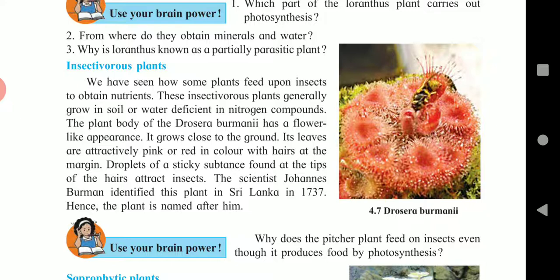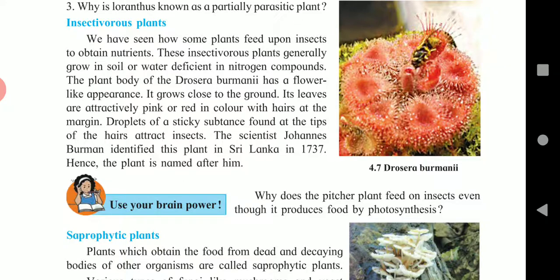Now, see the pitcher plant. The pitcher plant secretes a kind of secretion at the bottom of the pitcher which resembles and smells like honey. The insect gets attracted by the lid and the honey-like secretion. It alights at the mouth of the pitcher, slips and falls into the secretion. So the insect gets trapped inside the pitcher. The enzymes present in the secretion digest nitrogenous material, which is then absorbed by the plant.